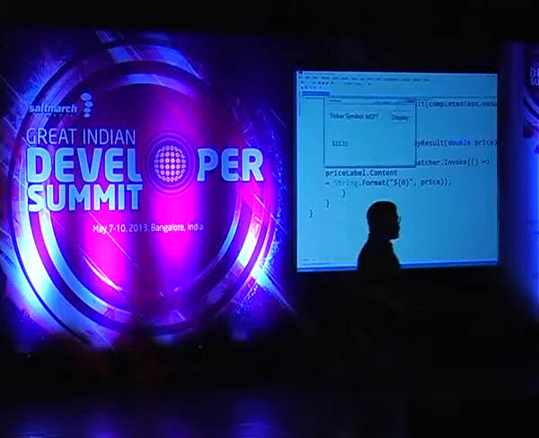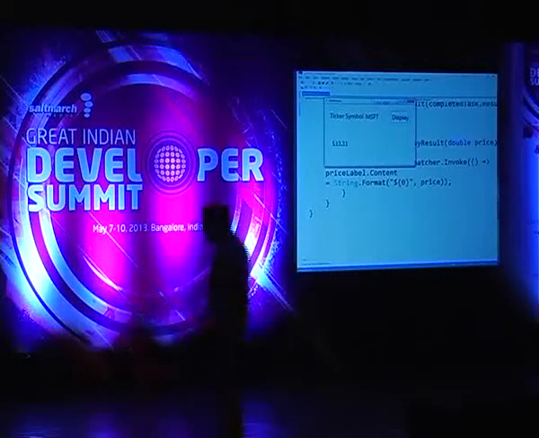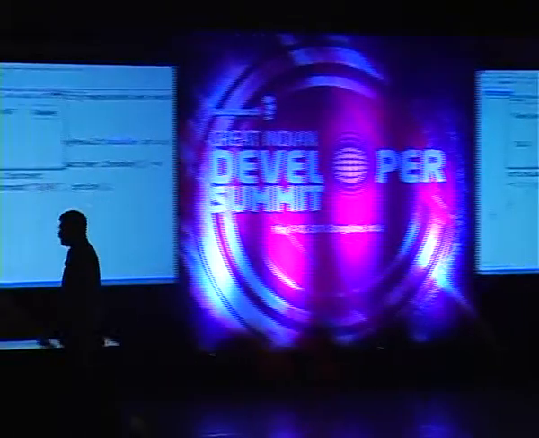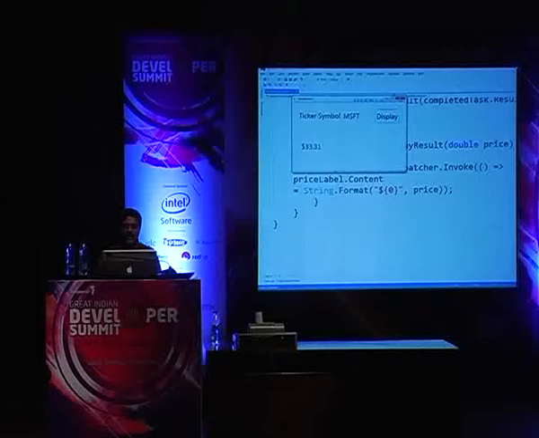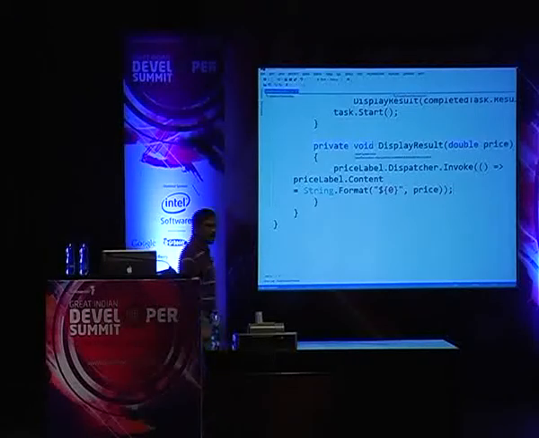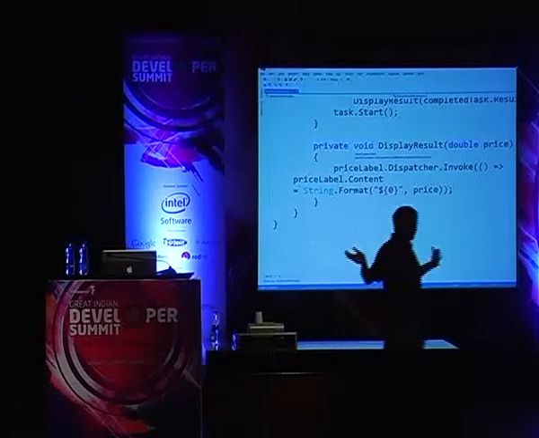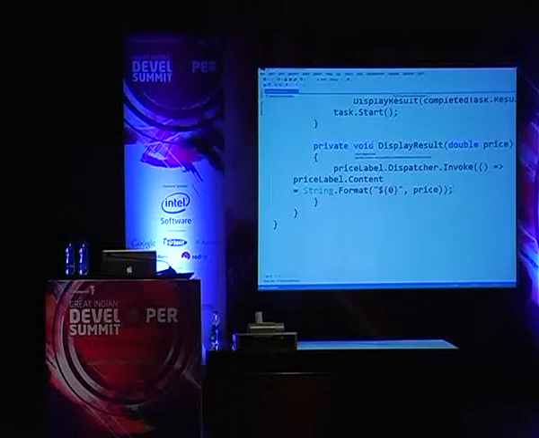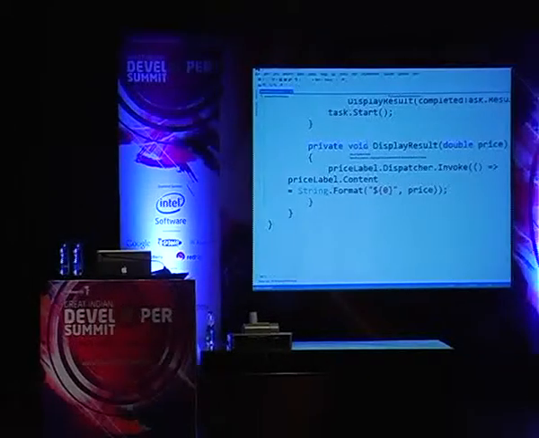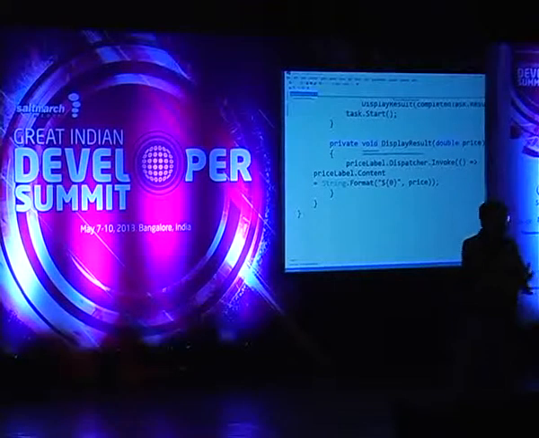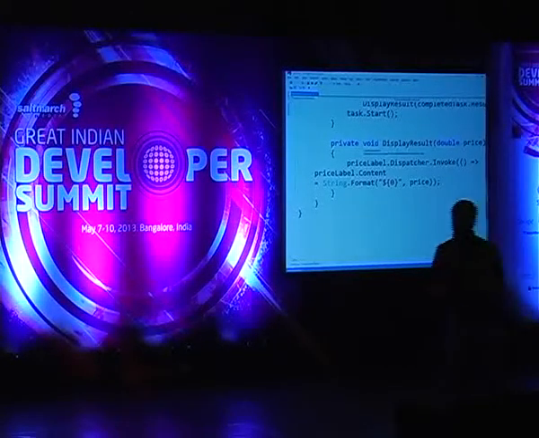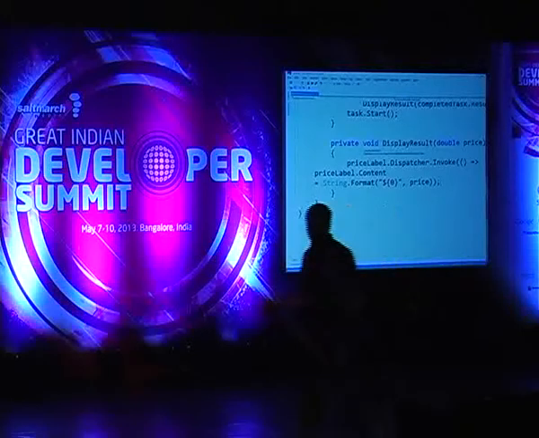Now, you may say, in the simple case, it doesn't seem to be such a big deal, but imagine for a minute that I don't want to get stock price for just Microsoft. I want to get stock price for 20 stocks. Now I'm going to start 20 of these tasks because I can go to Yahoo and get the price simultaneously. But how do I then manage all these other methods like display result method? How do I know which one is for which? And the code tends to become quite messy as it goes along.